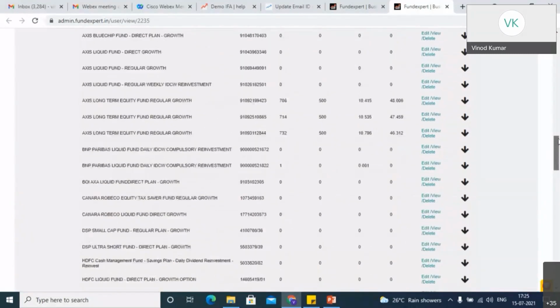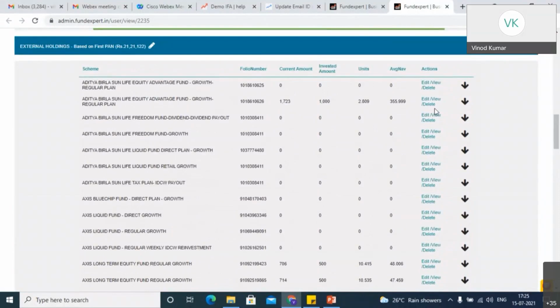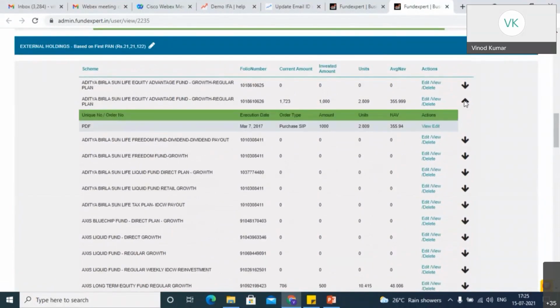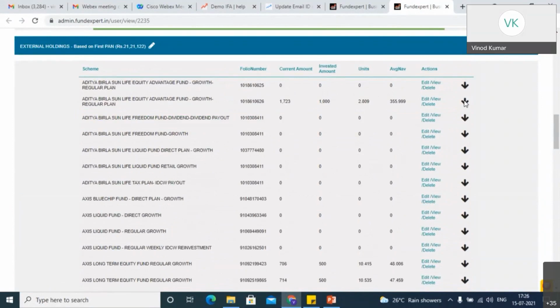And one more best option available here is that in the external holdings we have given edit and delete options as well. For example, external holdings get updated only when you update the PDF. Yesterday I told you, right? You need to fetch the PDF, then the client has to upload it, then it will update the external holdings. Take for example, after uploading the PDF, you redeemed a fund and have not uploaded the PDF yet, then that fund will still be showing there, because the external will get updated only after you upload the PDF. So in that case, if you have redeemed everything and you want to manually delete that holding, or you want to edit that holding, you can do that from the admin panel as well.